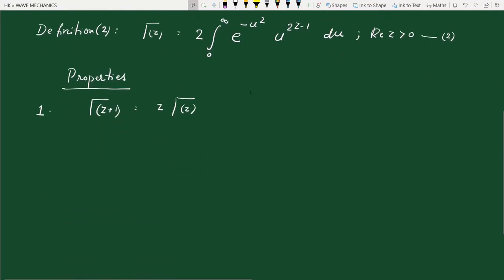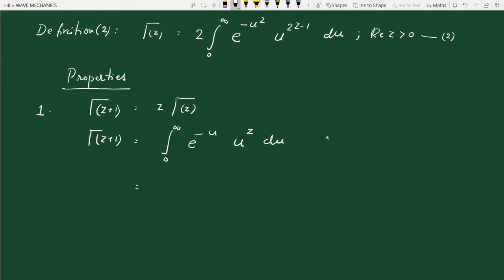Okay, so let me evaluate that. So gamma z plus 1, I am starting with the first definition. So integral 0 to infinity e raised to minus u, u raised to z minus 1 in the original gamma z. So gamma z plus 1 will be z plus 1 minus 1, that is u raised to z du. Okay, now let us